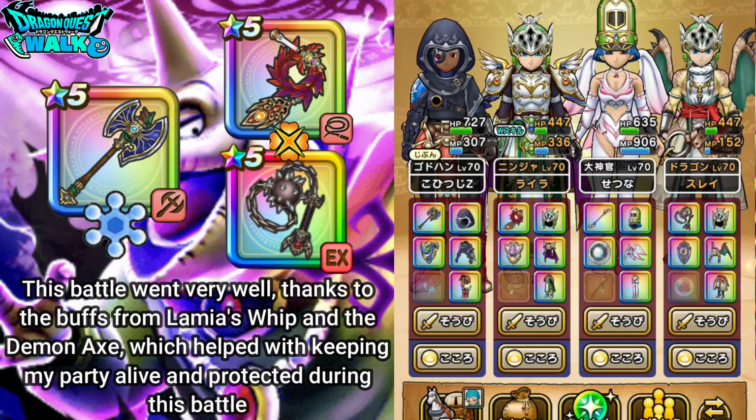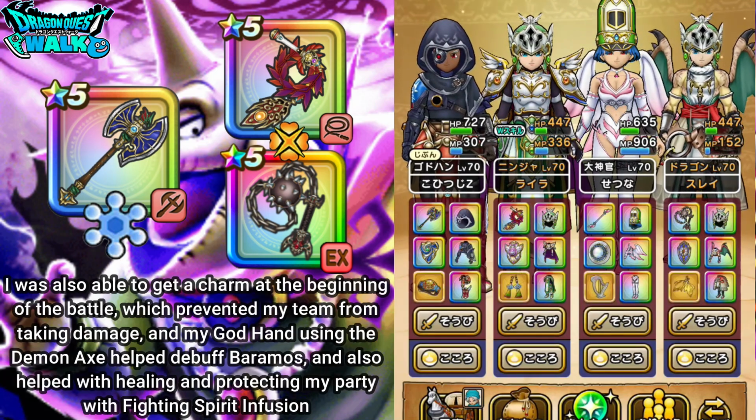Okay, so that was my battle against Dark Lord Baramos using a different team this time. So this team actually worked out quite well, pretty much thanks to the buffs of Lamia's Whip and also the Demon Axe. So those actually worked out quite well in pretty much keeping my team alive. And then also I did get charm right in the beginning,